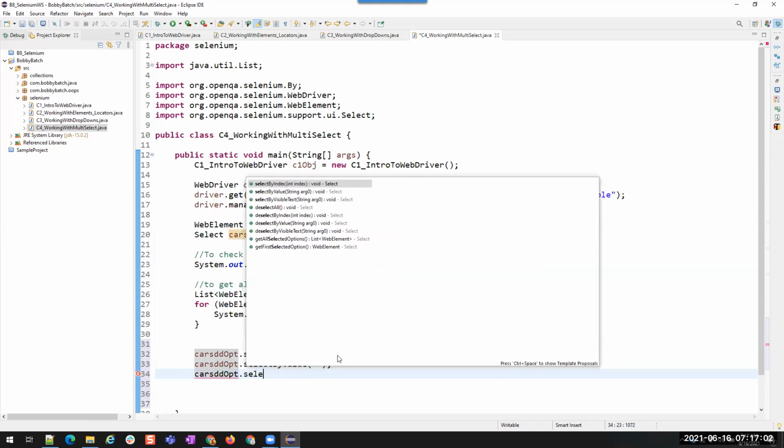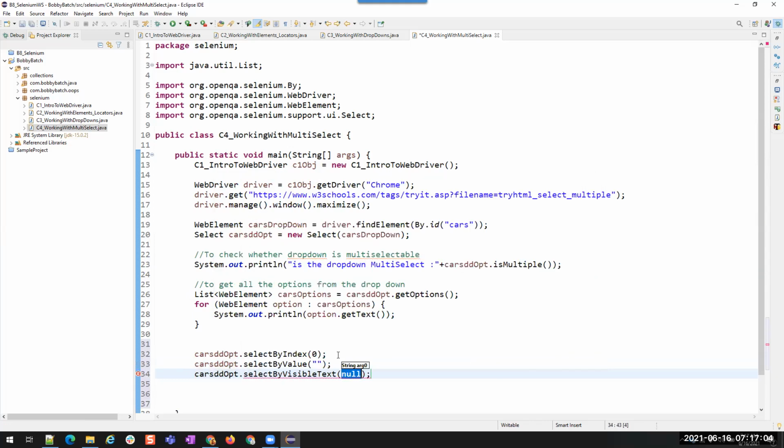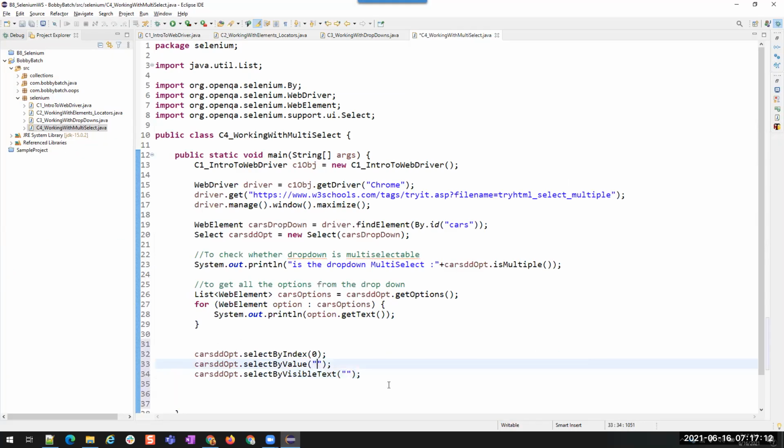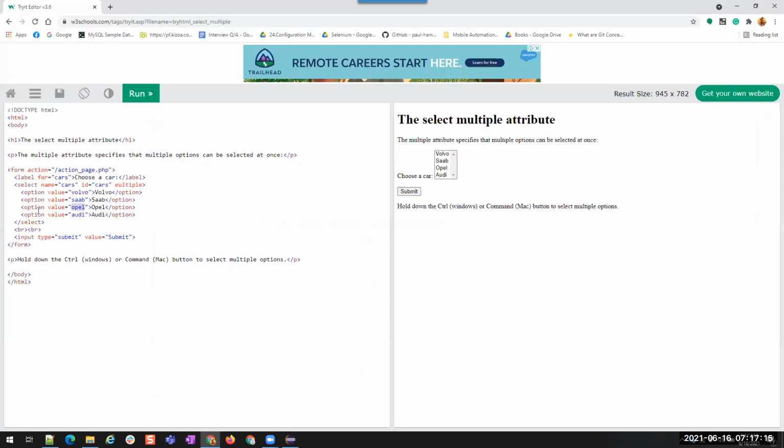RGD dot select by visible text. So what are the values we have? Okay, I'll select Opel. The value is also Opel for it. Okay. Then first one 0 means Volvo. Okay. First one is selected, Opel is selected, and then I'm selecting visible text Saab.